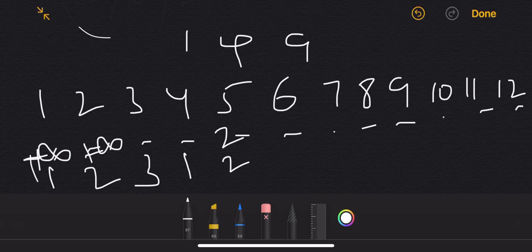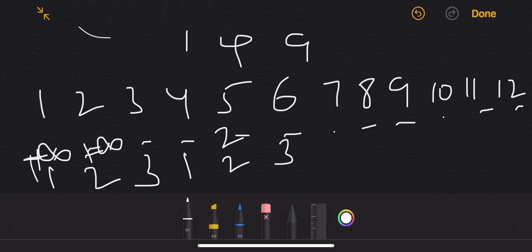For 6, the number of hops is going to be the minimum over 6 minus 1, which is 5, and 6 minus 4, which is 2. For 5 the minimum number of hops is 2, I mean with 2 hops we can come to 5. And for 2 we can come to 2 in 2 hops again. So again it's the minimum of infinite and 2 plus 1, which is 3. So we can come to 6 with 3 hops.